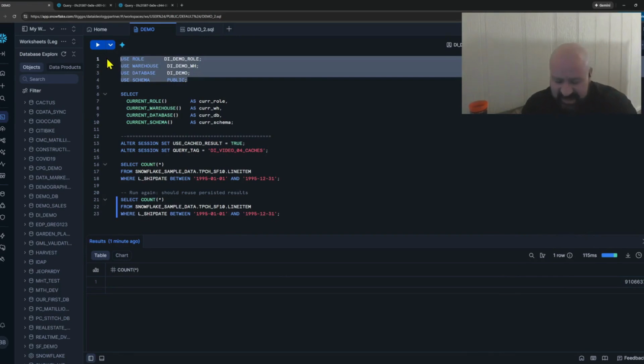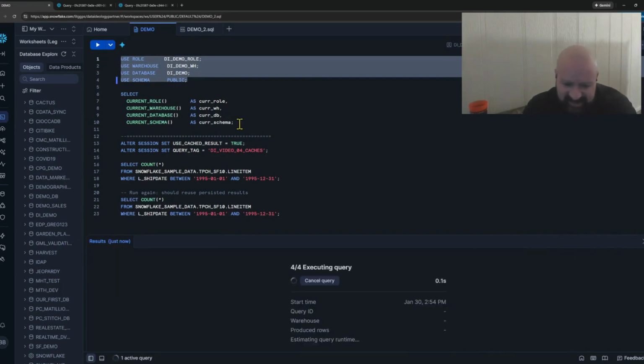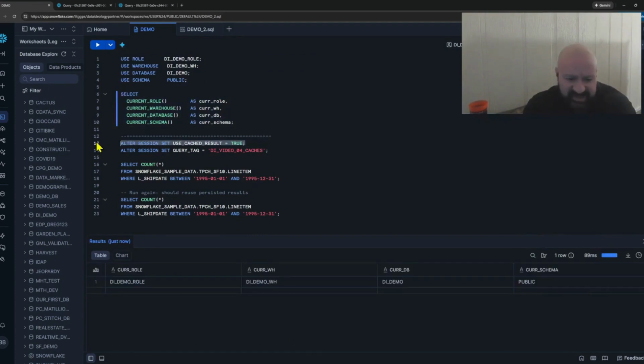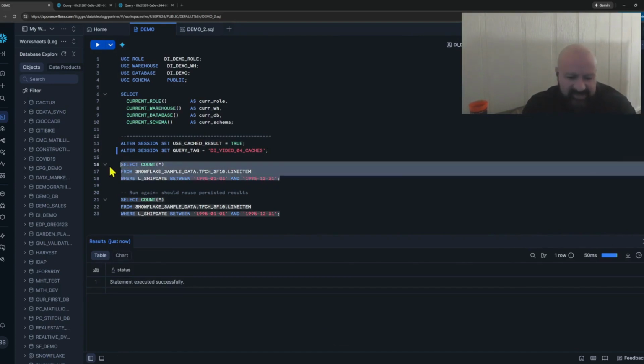I've set my role, warehouse, database, schema, and stuff, checking that they're set correctly. They're good. Forcing this to be true, even though it should already be true, using cached results. Setting a query tag, not super important, and then I'm going to run this query. It's just the same query back to back. So run it once, run it twice. And I think what you'll see here, I've already pulled the query plans aside, is